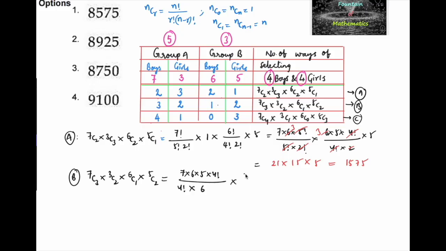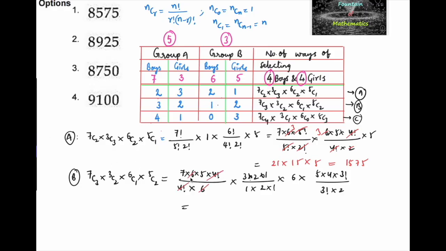And the 3C2 value we can write as 3 factorial, that is 3 into 2 into 1, divided by 3 minus 2 is 1, and 2 factorial, 2 into 1. And 6C1 is nothing but 6, and the 5C2 value is 5 into 4 into 3 factorial divided by 3 factorial into 2. So on simplifying, we get